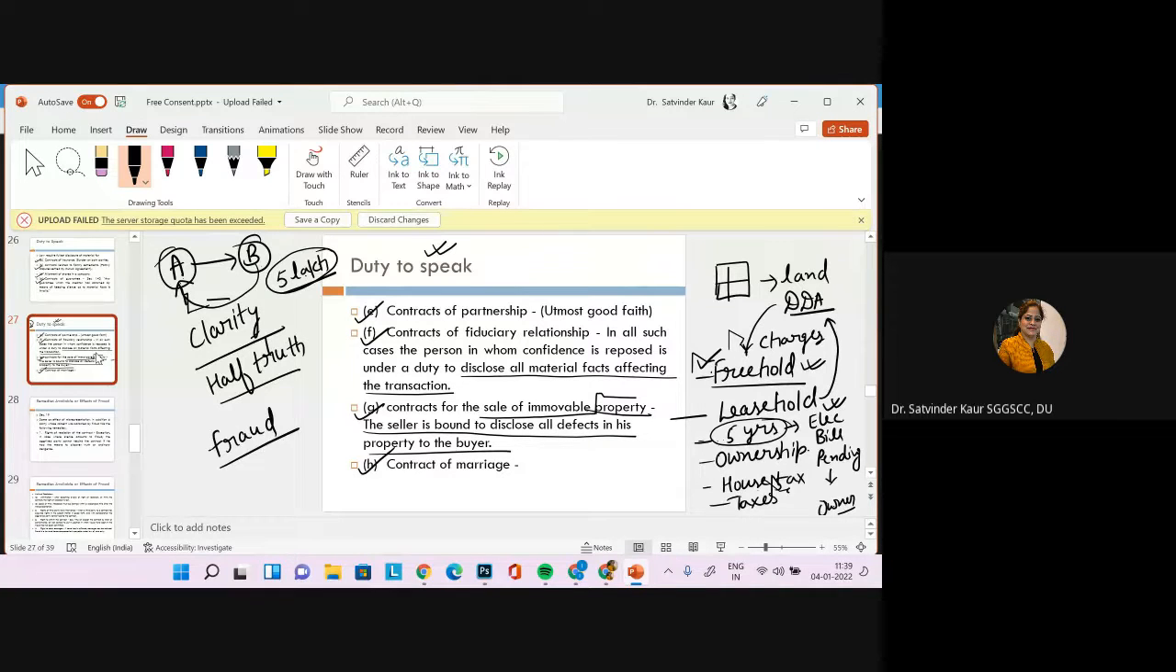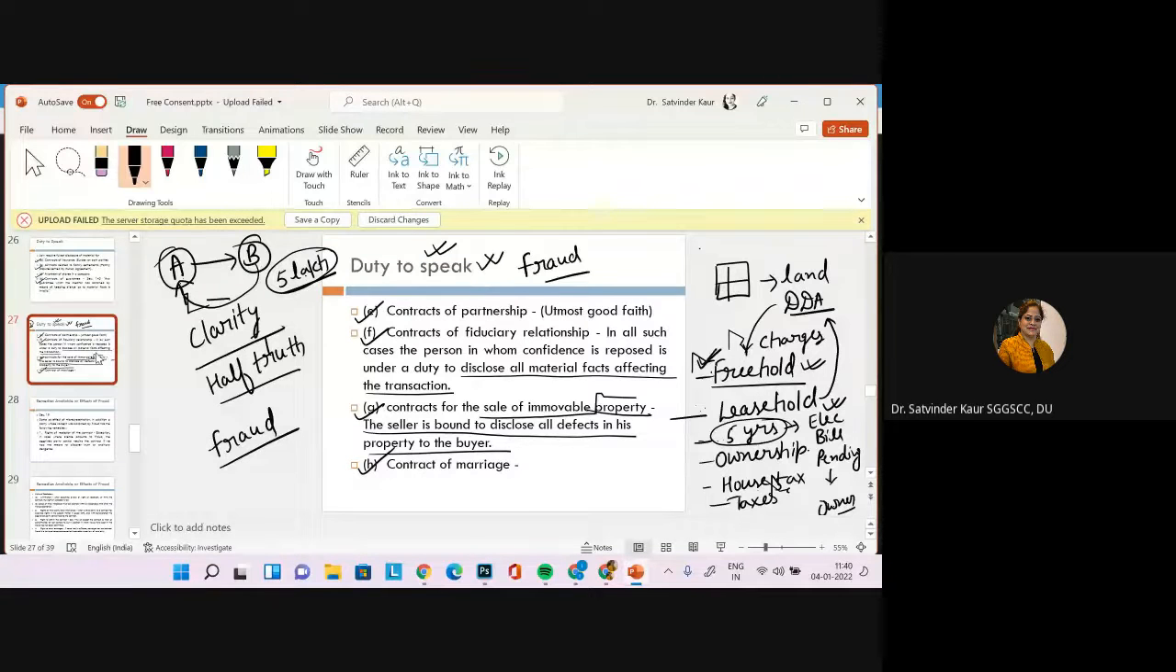तो अगर वो डिस्क्लोज नहीं करते हैं तो वो ड्यूटी टू स्पीक वाले कैटेगरी में आ जाएगा और वो अनड्यू इन्फ्लुएंस की कैटेगरी में आ जाएगा, फ्रॉड की कैटेगरी में आ जाएगा, सॉरी, because you have not disclosed all the material facts. तो उसी तरह फ्री होल्ड और लीज होल्ड का हो गया कि अगर प्रॉपर्टी आपकी फ्री होल्ड है,